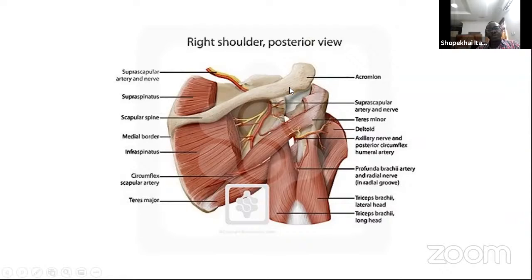Now, I want to look at the nerves around the shoulder girdle, and three nerves are important to us: the suprascapular nerve, the musculocutaneous nerve, and the axillary nerve. The suprascapular nerve I have discussed earlier, but we can trace it coming up there, passing the suprascapular notch on the scapula, and passing inferiorly